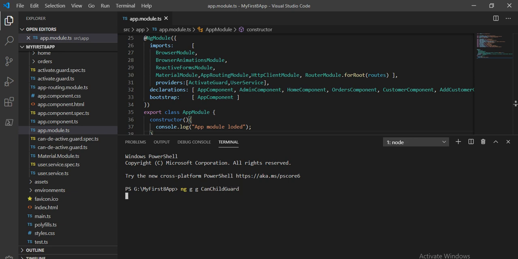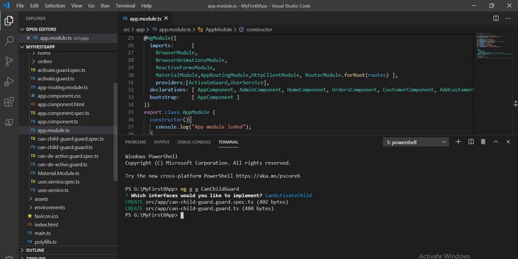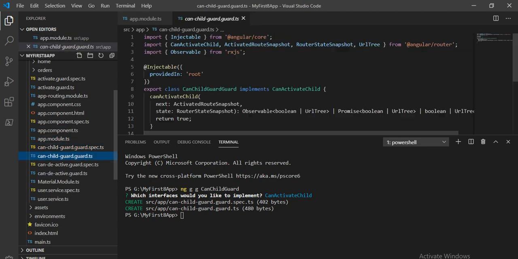It will ask which kind of route guard you are going to create. I am going to select can active child, hit space and then enter. It will create two files, and we can see here the can active child guard.